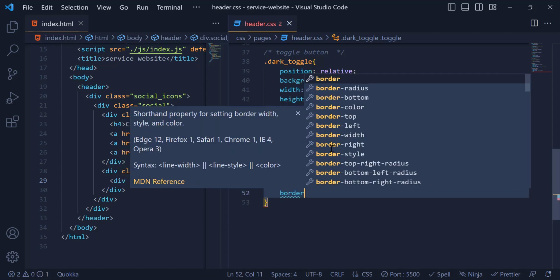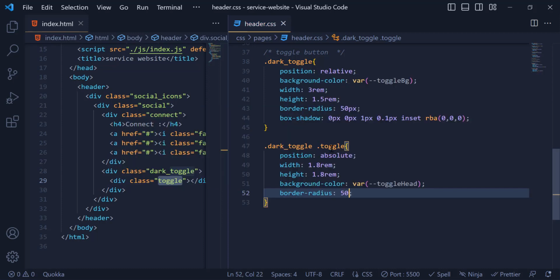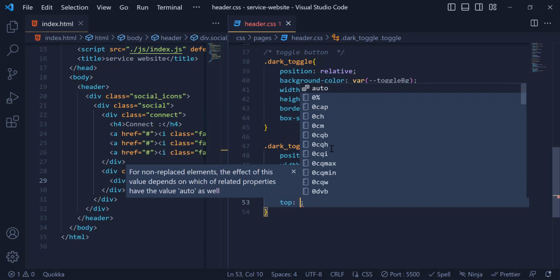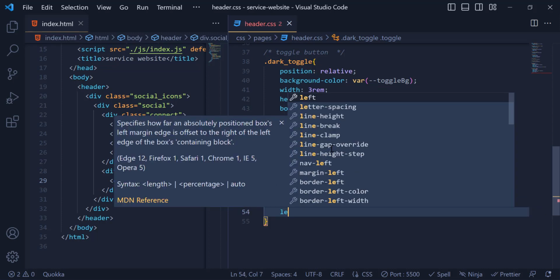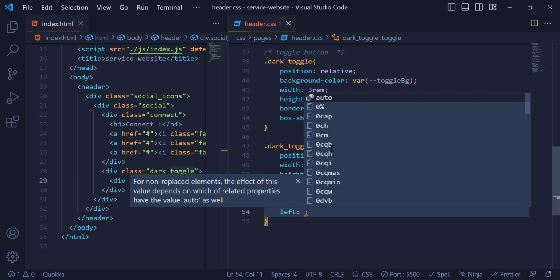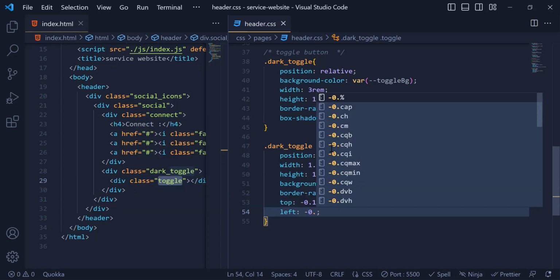We need to have a border radius of 50%, and for the top we need to add minus 0.12 rem. For the left we need to add minus 0.1 rem,